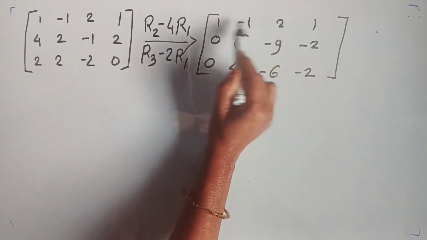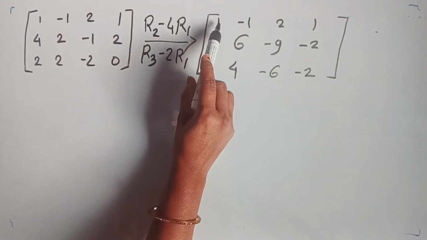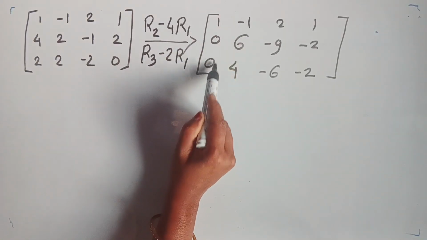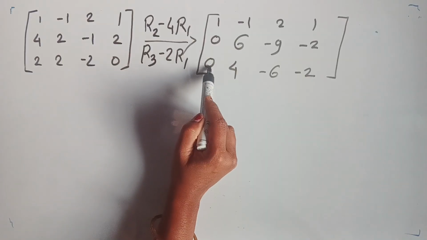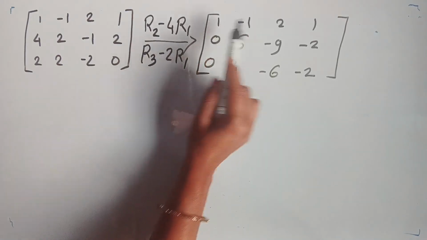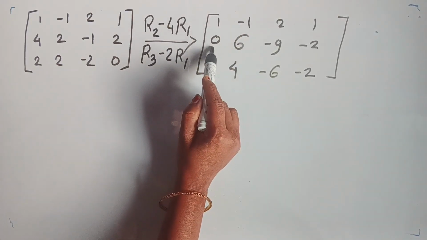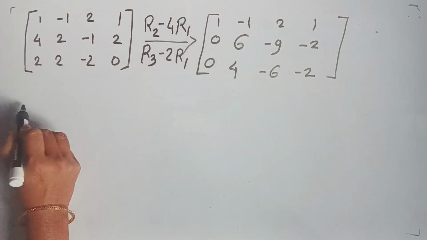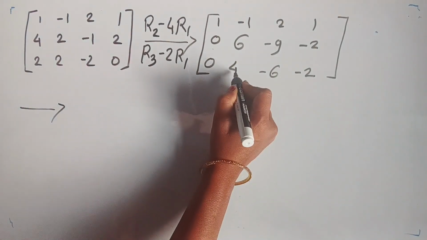We cannot use this row since it is non-zero. After using this, we may get this equated to some non-zero number. So we cannot use the first row, we have to use the second row to make this 4 0,